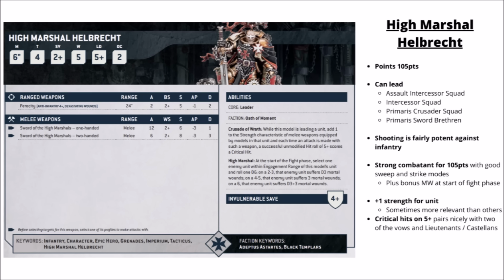Helbrecht of the Black Templars, a mighty warrior who's gone toe-to-toe with many other big figures from the 40k lore. In game to field him at the moment, he's 105 points, and for that he has a 2+ save with his Artificer armor, has a particularly punchy combi weapon with strength 5, AP 1 and damage 2 with devastating wounds,